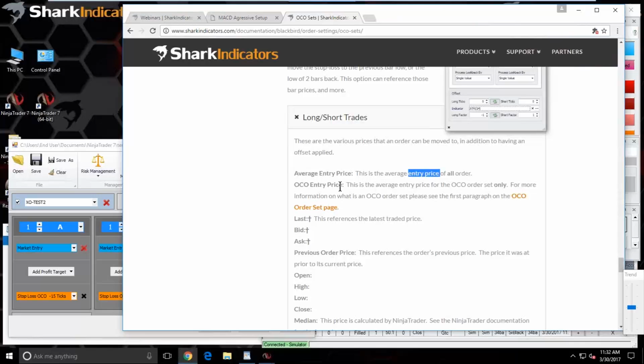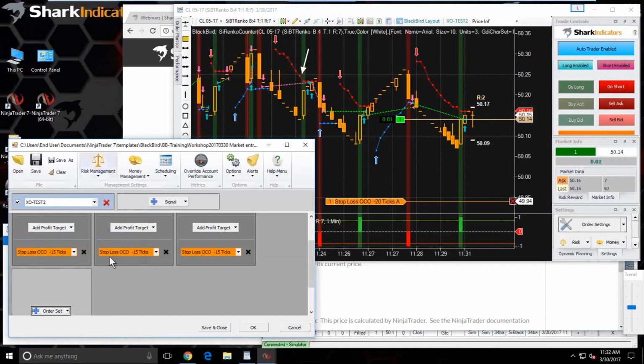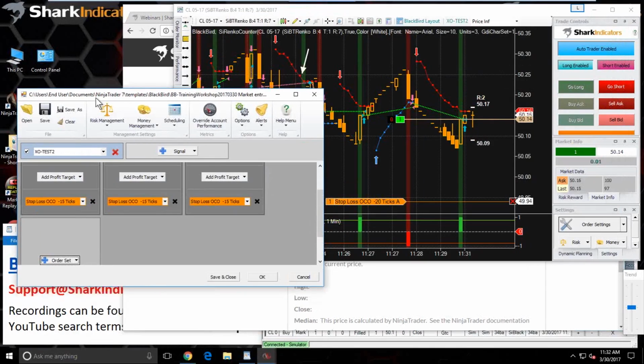So an OCO entry price. This is the average entry price for only that OCO set. So again,